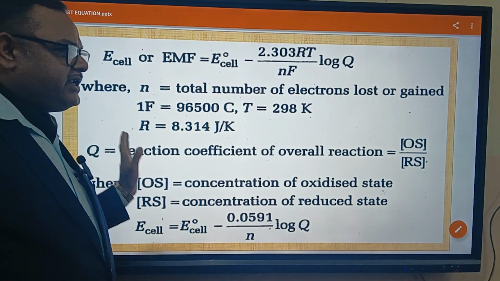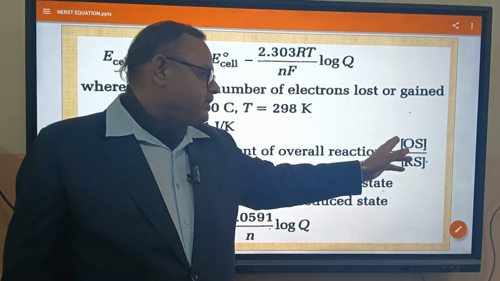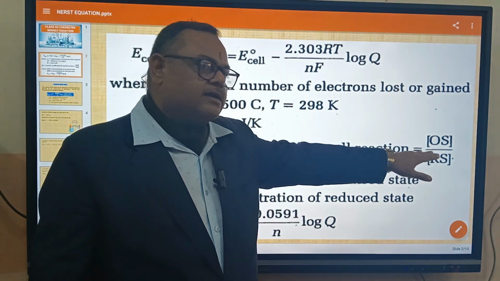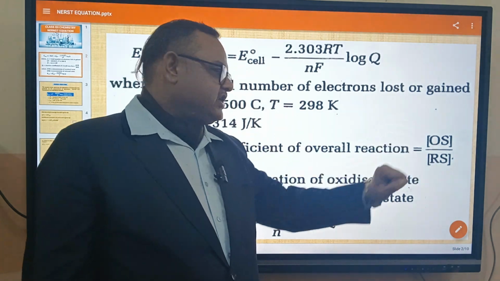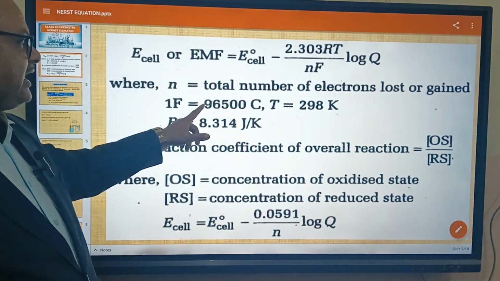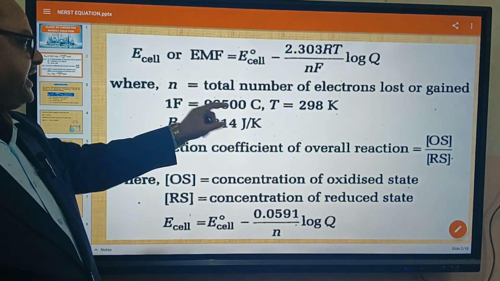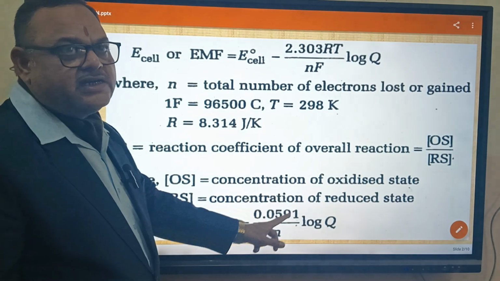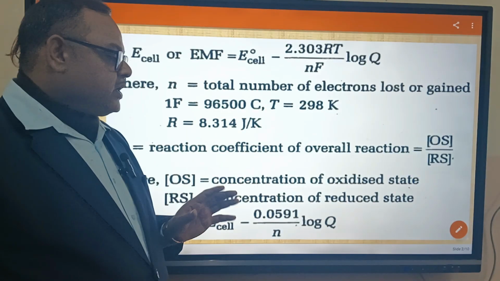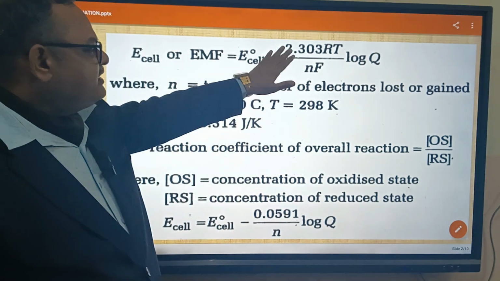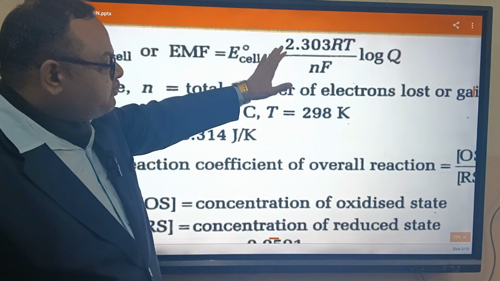At the same time, the reaction quotient is actually the concentration of oxidation half cell upon the concentration of reduction half cell. Now children, when you put these values of R, F, T and 2.303, you will get the value as 0.0591. Now you all know this formula, but I would recommend that please write this equation first, put the